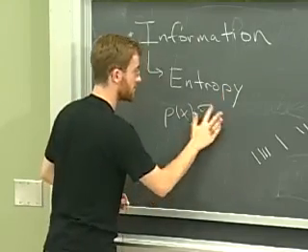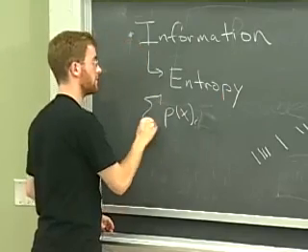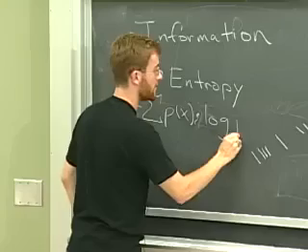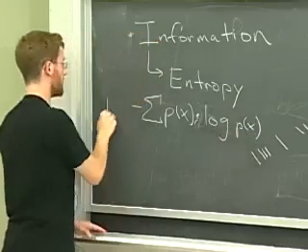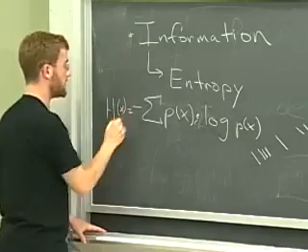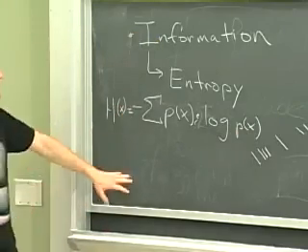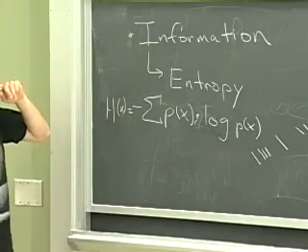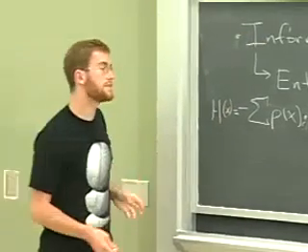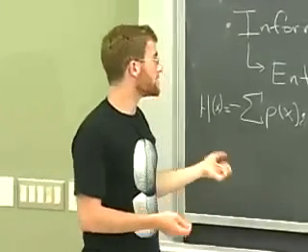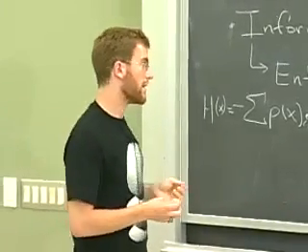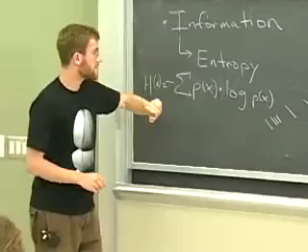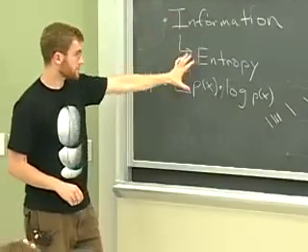Sorry, there's this someplace. Minus, I forgot the minus sign last time, log p(x). But this is just this idea of the probability assigned to something. And in some ways, the less probable something is, the more entropy there is to it, or the other way around. But either way, the main thing I want to point out is that there are these mathematical ideas of how to measure information in an entropy form.